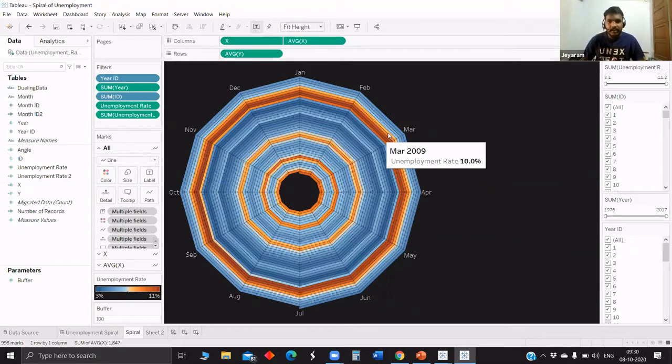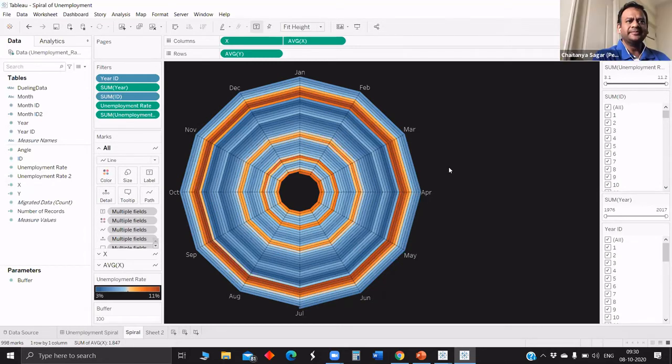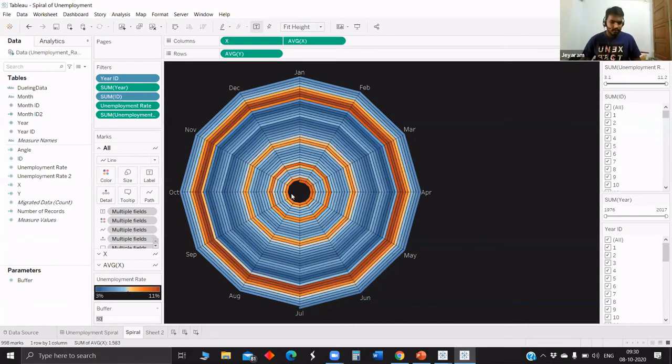If you see, in March it's like 11, and April it's like 10.9. So just 0.2 in this data source maybe. Okay. Good. And also we can control the center black portion. For that we have a parameter buffer. Once you reduce it to 50, it will reduce, and maybe 150, it just goes up. Oh, so that's also there. Got it. Oh, it's interesting.